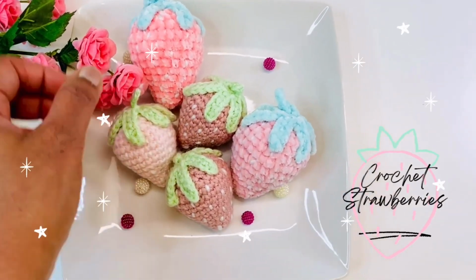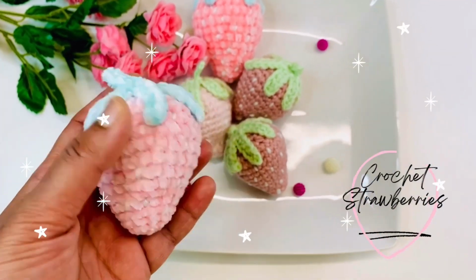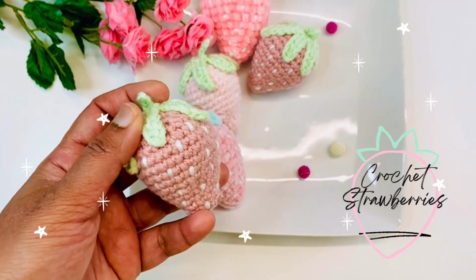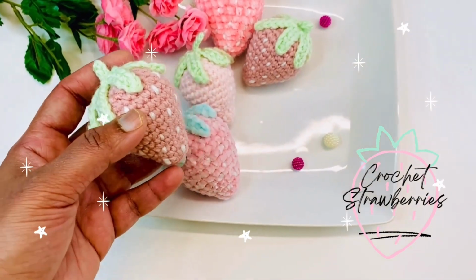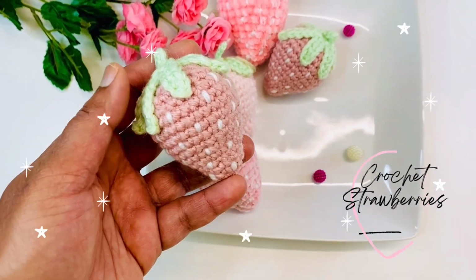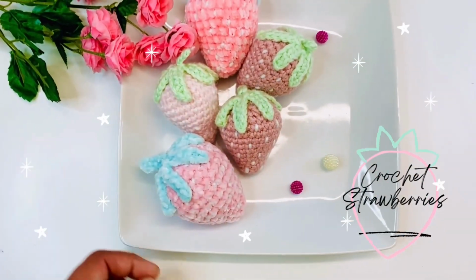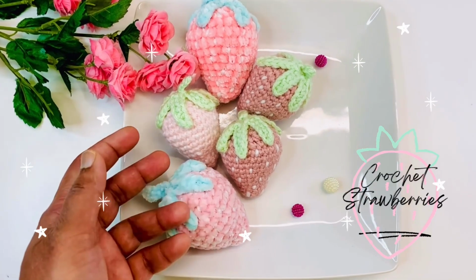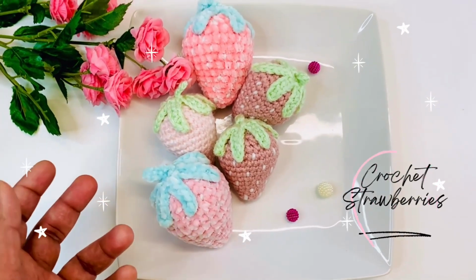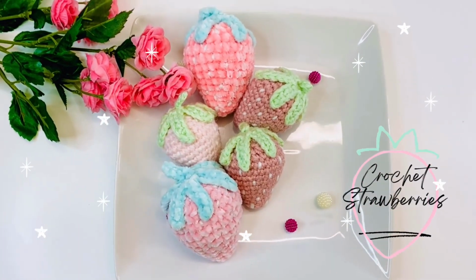Today in this video I'm going to show you how to crochet this cute strawberry amigurumis. I have made these amigurumis with velvet yarn, which is plush, and regular size 4 acrylic yarn. You can work the same pattern for any yarn, you just change the crochet hook when you work this project. This pattern is easily adaptable for any yarn. I just want to show you how it looks when you work with plush yarn. I have used Bernat baby velvet yarn for the plush yarn, and I have used regular size acrylic yarn